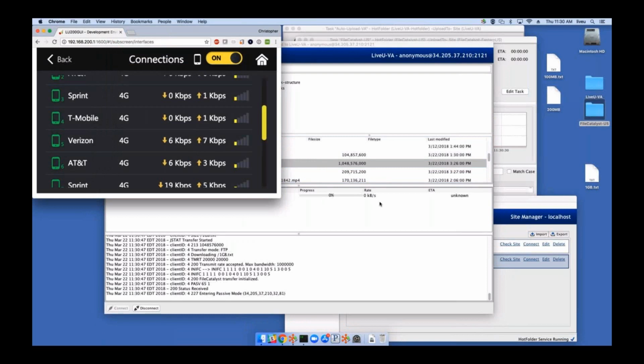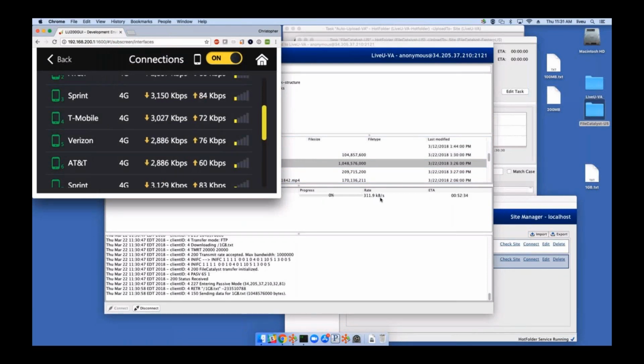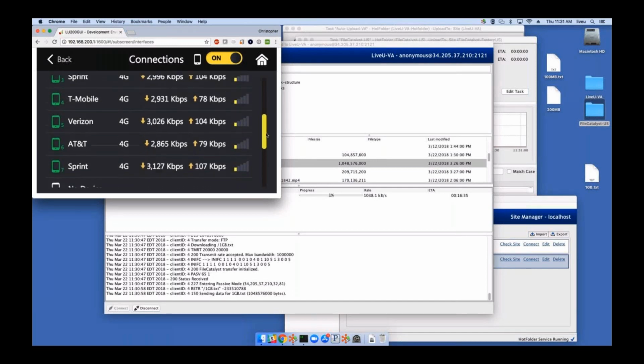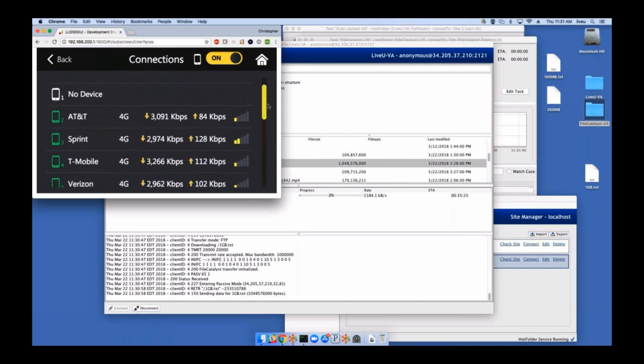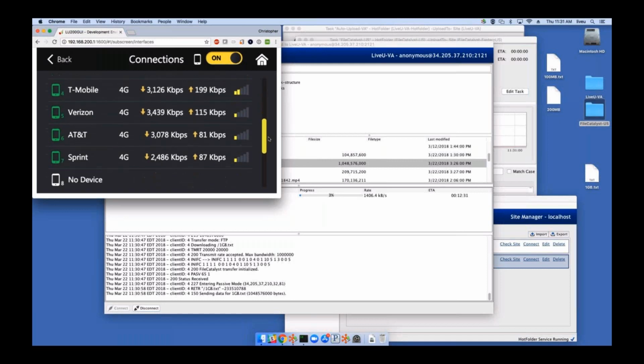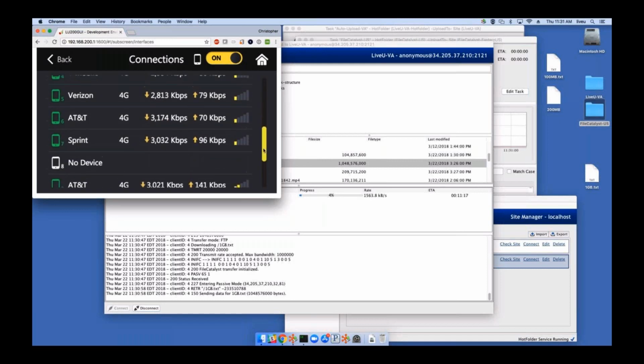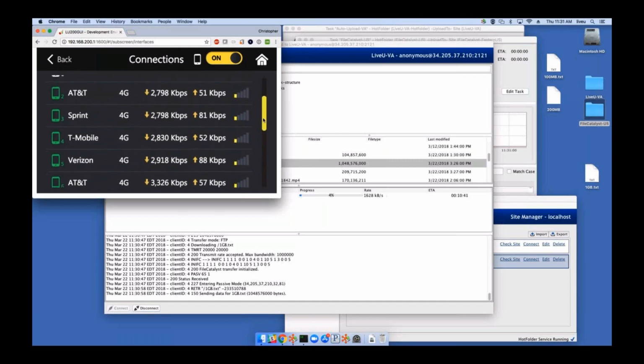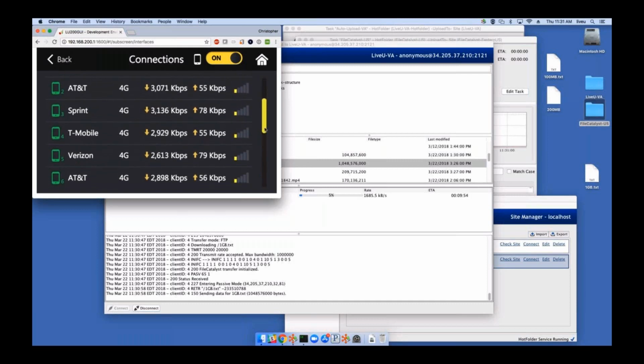We'll get the data rate transfer here. Note that it's measured in kilobytes here, not bits. So this number is going to be a little bit lower because we need to multiply it by 8. And then you can see on the left-hand side that we've got a spread of modems on the download side. And right now we're downloading about 3 megabits per connection or so, coming from the DataBridge running on the LU600